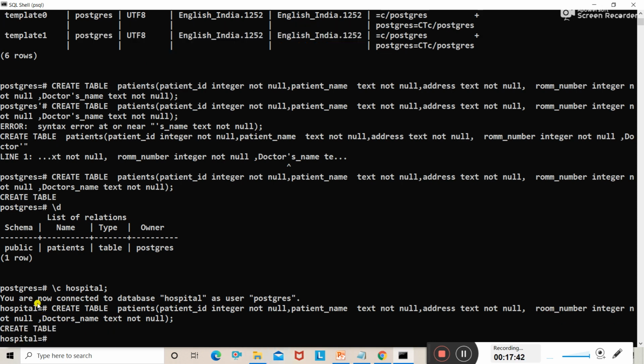See, you will get this create table message. That means you have successfully created a table in the hospital database.